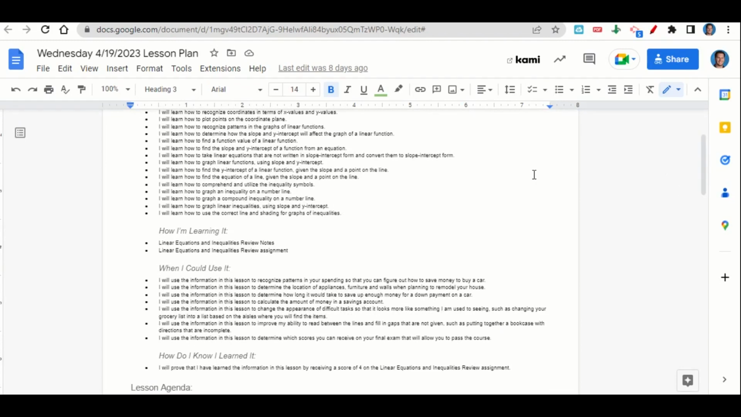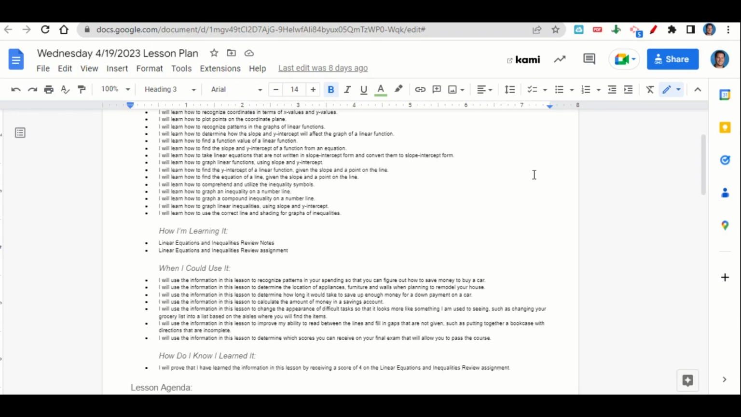To recognize patterns in your spending so that you can figure out how to save up enough money to buy a car, to determine the location of appliances, furniture, and walls when planning to remodel your house, to determine how long it would take to save up enough money for a down payment on a car, to calculate the amount of money in a savings account, to change the appearance of difficult tasks so that it looks more like something